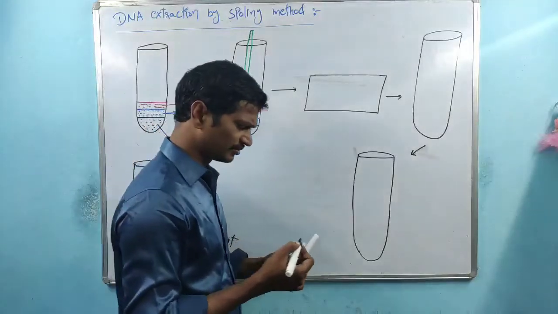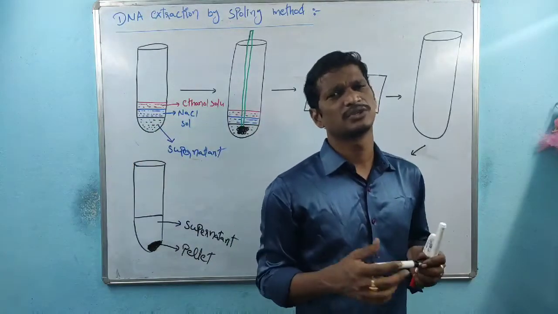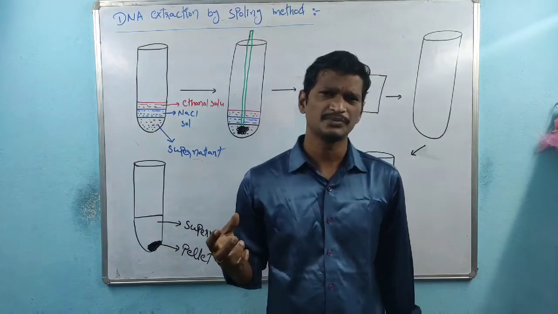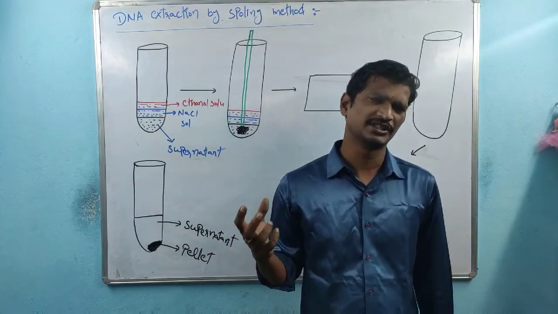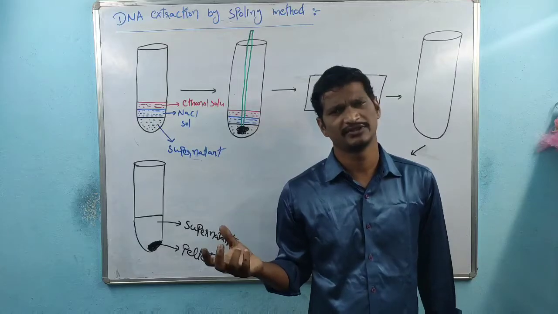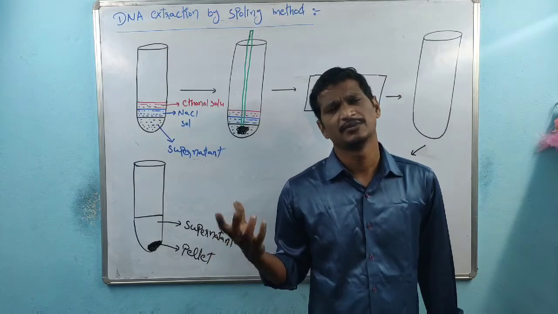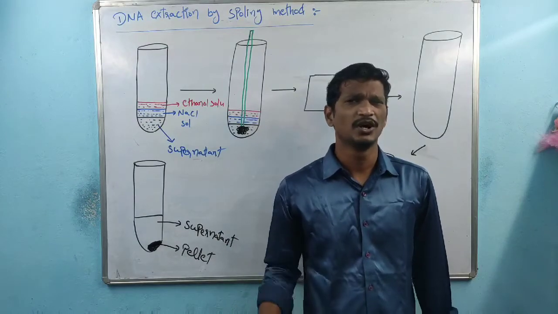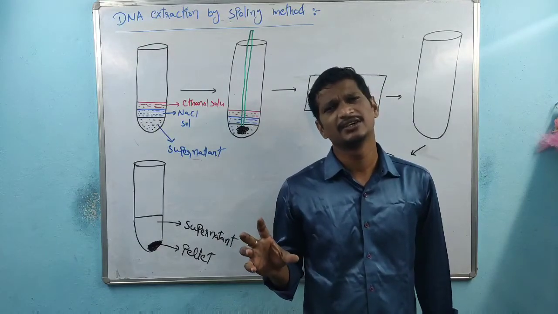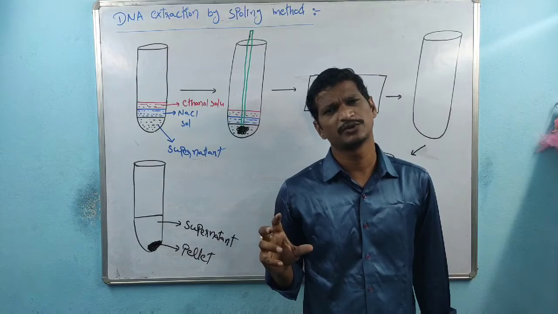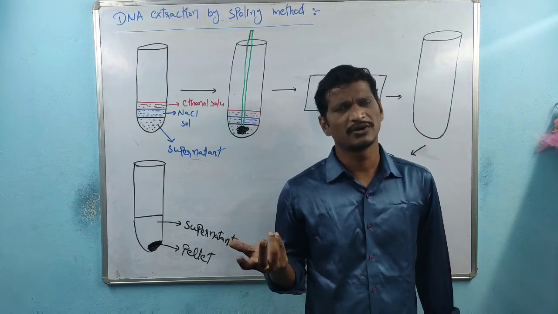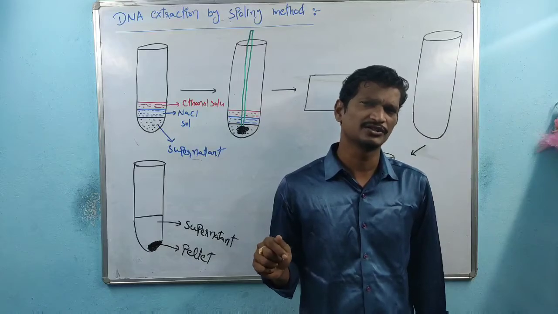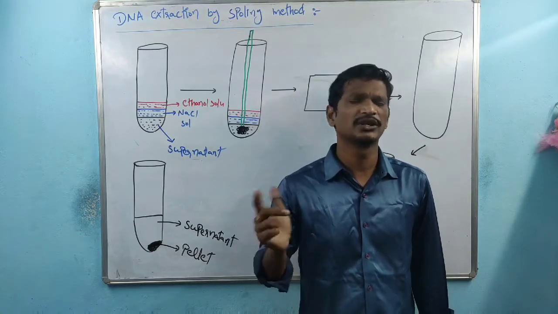Again here, students have the doubt: sir, how does the DNA attach to the glass rod? See, in the presence of NaCl and chilled ethanol, whatever DNA is present within the supernatant is activated. How does the activation take place? Presence of chilled ethanol and NaCl solution. Whatever DNA contains, phosphate molecules are present. The phosphate molecules are activated. Once they are activated, if we dip the glass rod, at that time the DNA attaches to the glass rod.